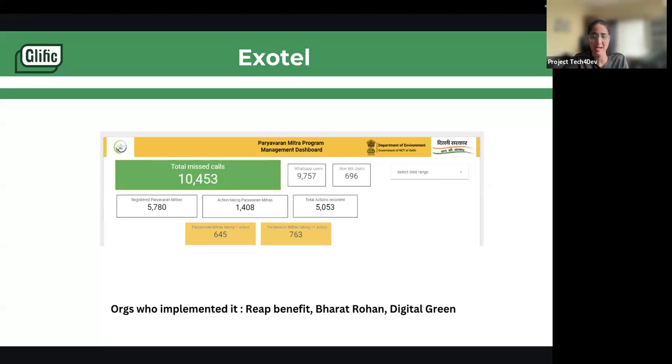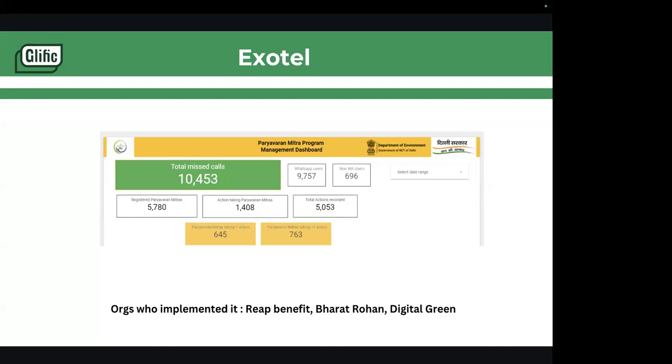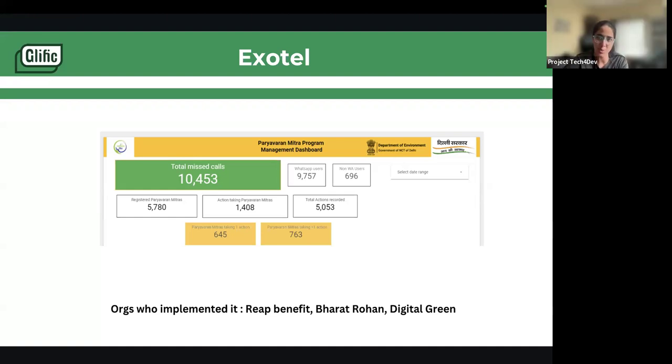Users are reporting about you. Can you show me the consent?" If you don't have consent at that point, that's a problematic situation. So the missed call acts like a soft consent. If I give a missed call, there are very few chances that I'll block that number. That's the reason this missed call approach is working.